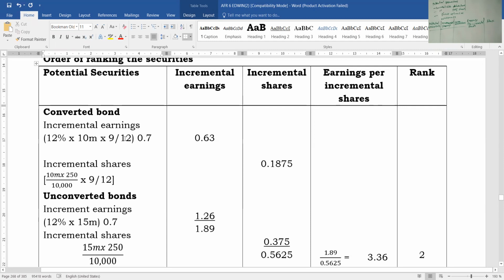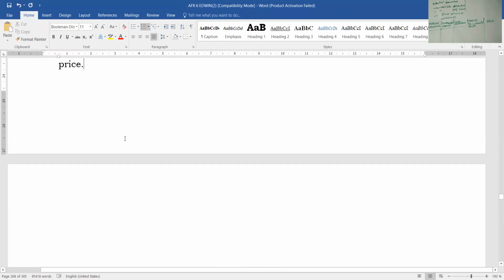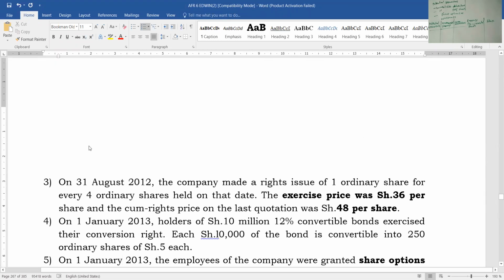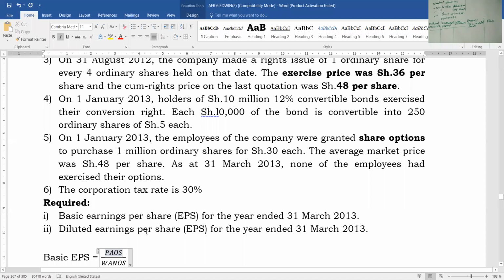For the period up to the conversion date, when did the period of conversion take place? When did they convert that 10? So this one was converted on, so this, January 2013. And remember, our financial year starts April. Our financial year starts on 1st April 2014. So if the year starts 1st April 2014,